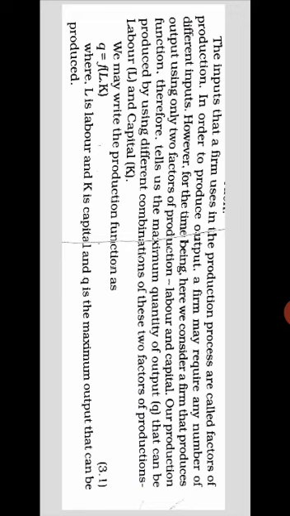So we took the example of one farmer where he is using labor and land. So we will write it as capital and labor, where he is going to produce a certain quantity. We took the quantity as wheat. So that's why the formula we will write as Q is equal to F of K, L.